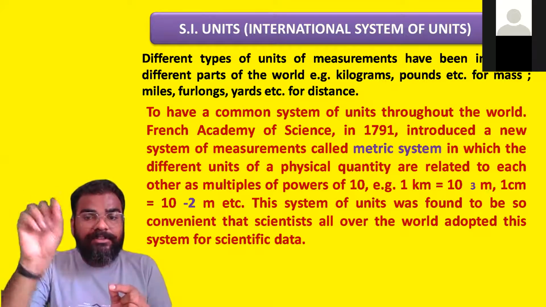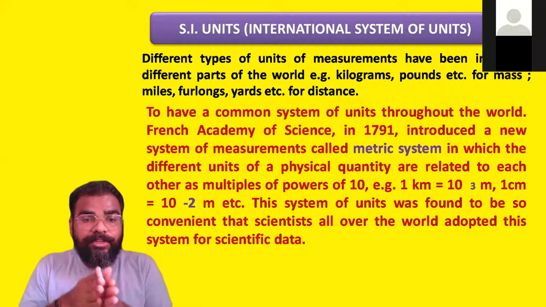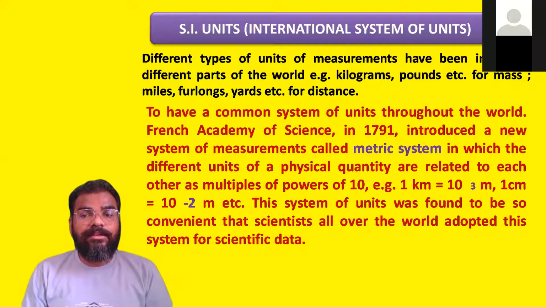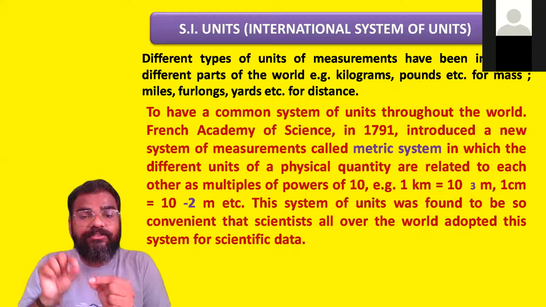10 raised to power 3 meter, मतलब कि 1 किलोमीटर मतलब क्या होता है 1000 मीटर। So this 1000 meter you can write as 10 raised to power 3 meter। Okay, then 1 centimeter we can also write, that is 10 raised to minus 2 meter।